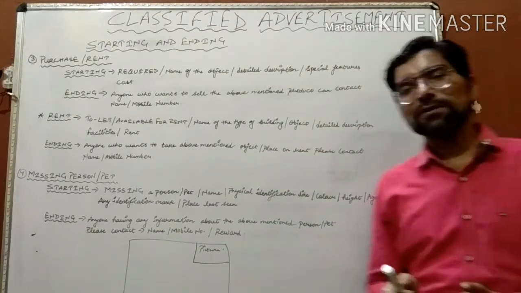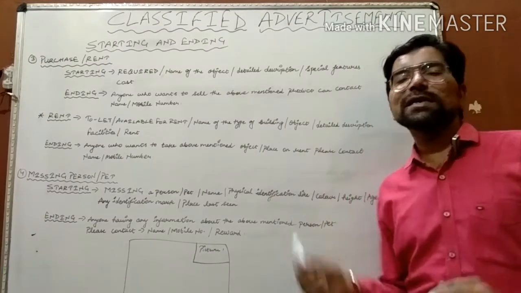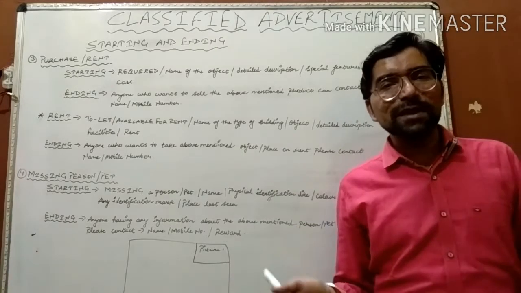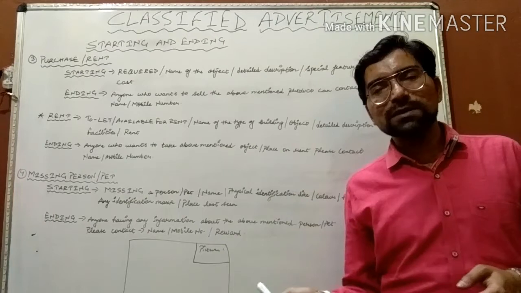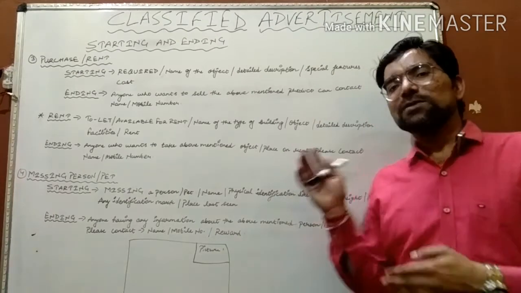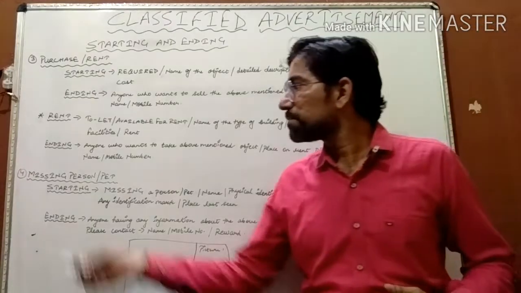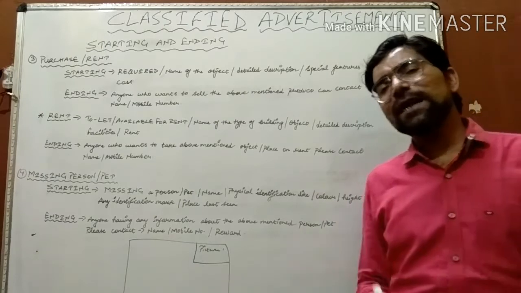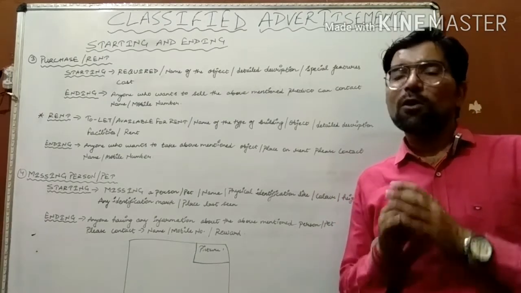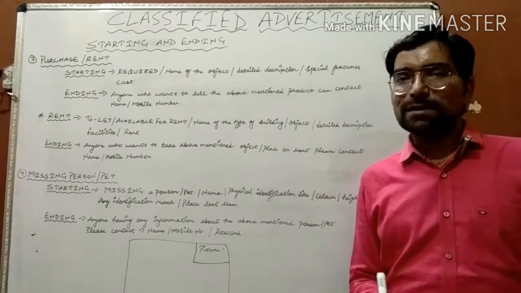Now the detailed description. For example, if you are putting a garage on rent, then the detailed description is like the area in square feet, or the facilities, water supply, electricity supply. So this is going to be your detailed description of that particular product, and the facilities. And then the rent. What is the rent you demand for that particular object or building?